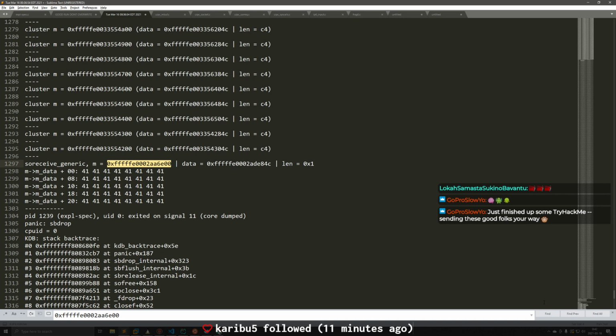Why does it happen like this, actually? This doesn't really make sense to me. Oh, wait, it does. Okay, so basically what's happening here is we're corrupting it before the SO receive is even called. And the problem with that is the empty control. We got the data in, but too early.